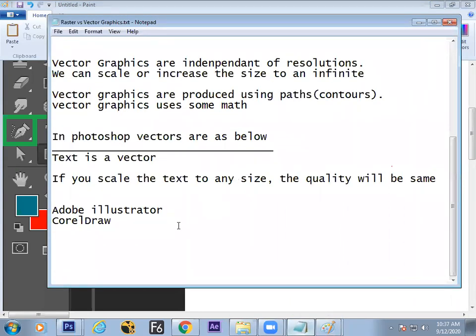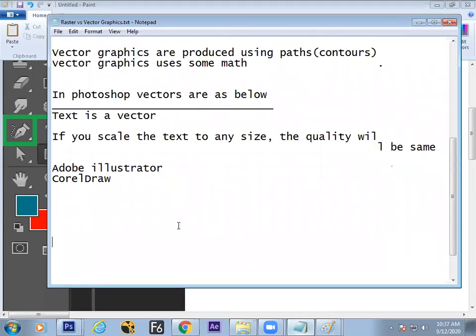And one more disadvantage of vector graphics. There is a disadvantage.